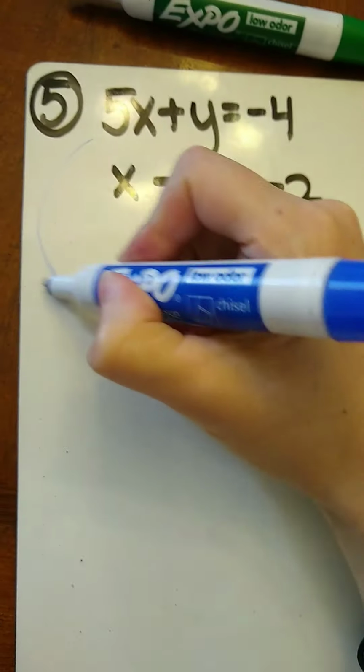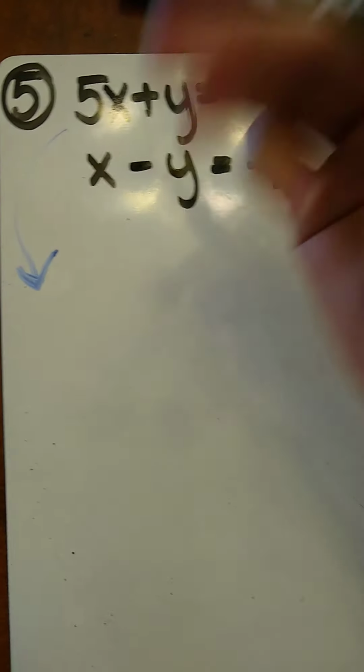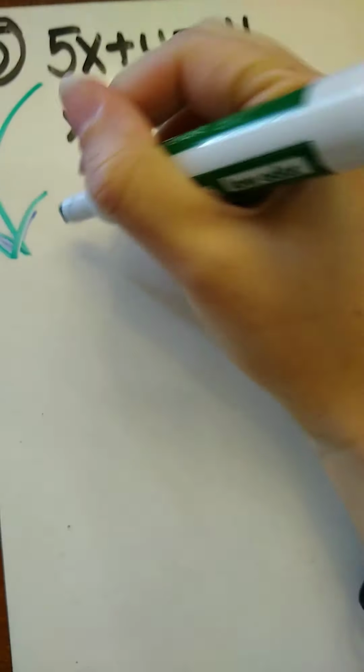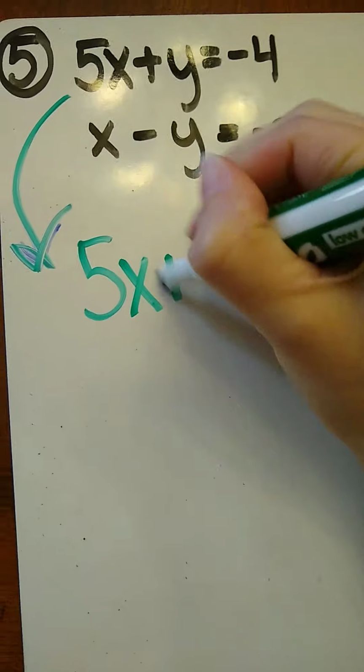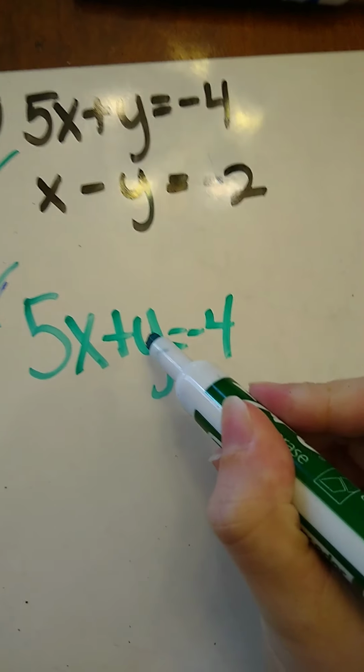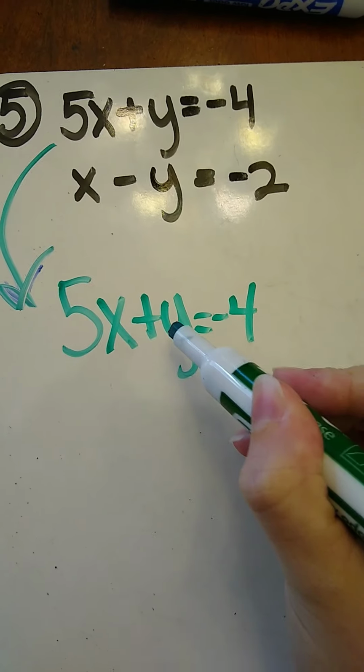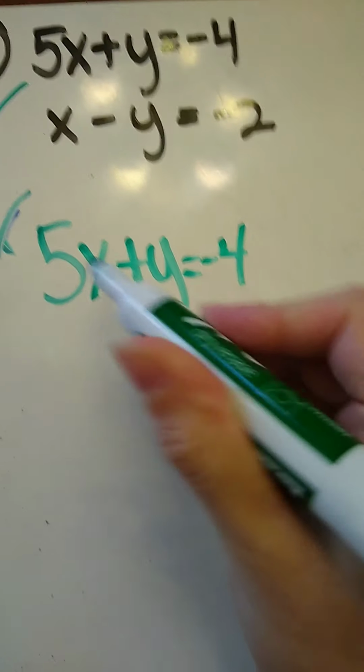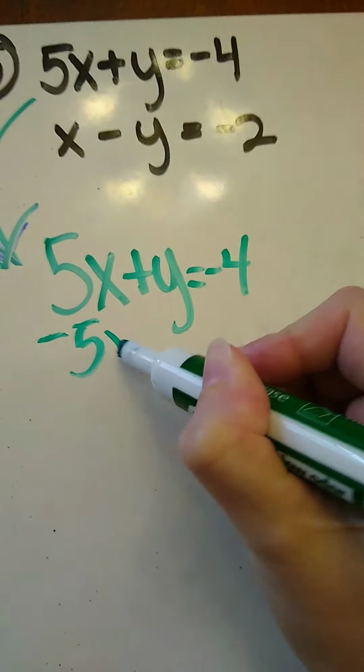So for the top equation, this blue marker is trash, I just need to give up on it. We've got 5x plus y equals -4. So our goal is to get y by itself to get it in slope-intercept form and be able to graph it, which means the 5x has to go. So I'm going to subtract 5x on both sides,